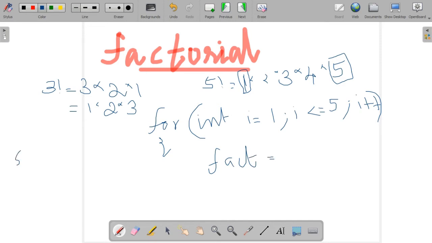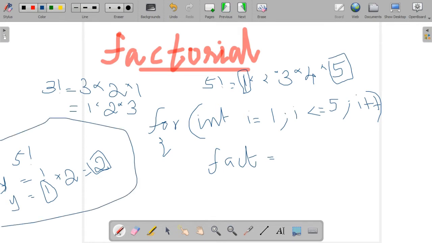Then only each time, for example in 5 factorial, first it has to calculate 1, then second it has to calculate 1 into that given value. This has to be multiplied with 2 and we get 2. Again this 2 should be used, so consider this as an x or y variable, and these values are used each time. That's why we consider a variable fact, initialized as fact equal to 1.